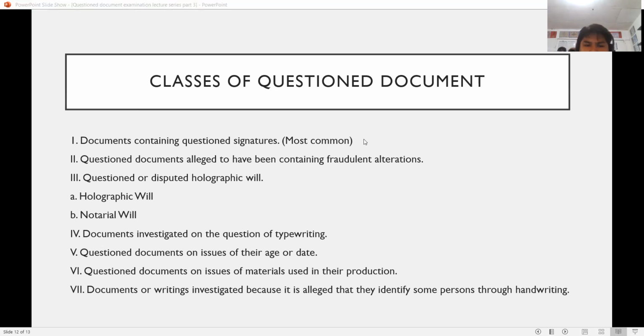Then next, documents investigated as questioned typewritings. Whether or not a particular document came from a particular typewriter, etc. Each typewriter is different, each has its own typeface. Okay? So it can be determined if that document came from this typewriter or another typewriter. Typewriter A or typewriter B. And questioned documents